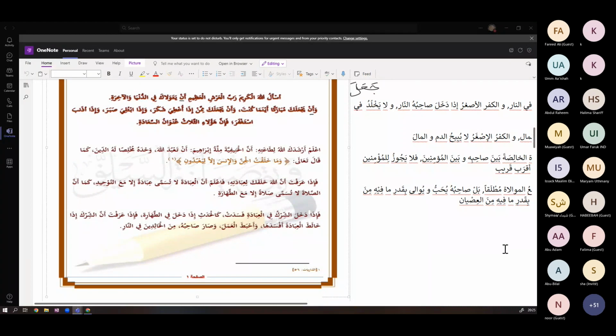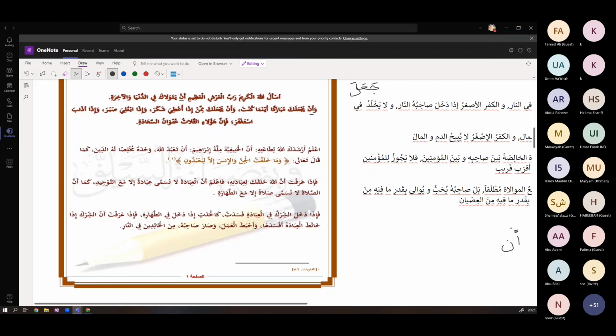which means and. So we've done "and" previously. An has various meanings. It can mean "and that," or it can mean "to," and it's what's known as harfu nasb. As we know from the Arabic lesson, nasb means fatha. So when a word ends with a fatha, one fatha or two fatha, we call it mansub. So an makes the verb, which is fi'l mudari', a present tense verb, end with a fatha. And that's why it says وَأَن